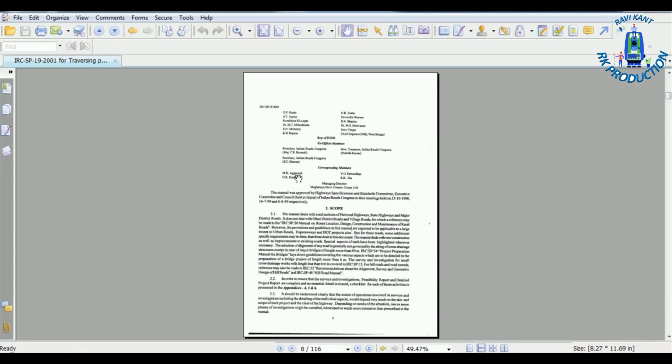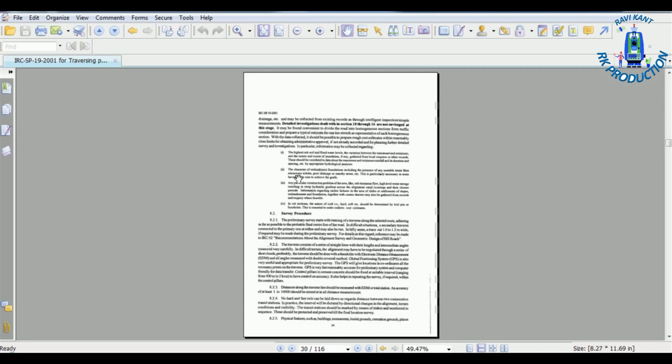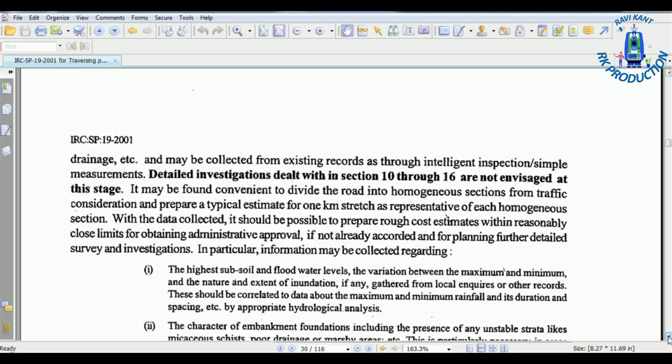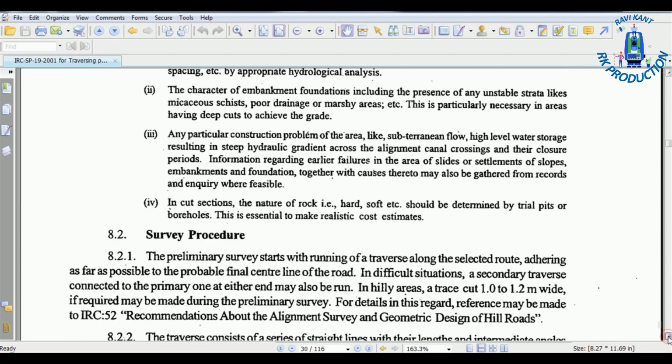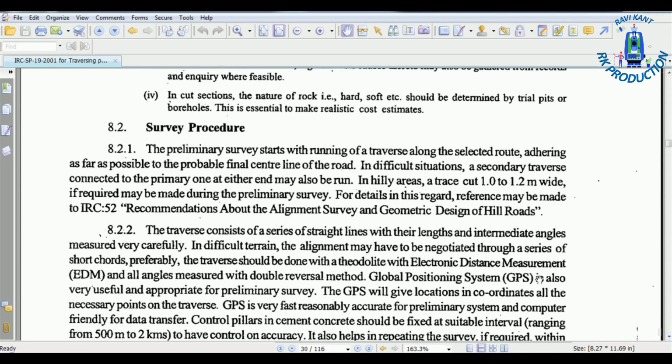Let me search the survey section. Yeah, here. Now we are in the IRC code survey section, paragraph 8.2, survey procedure, and here they have mentioned all the accuracy and specifications for survey work.